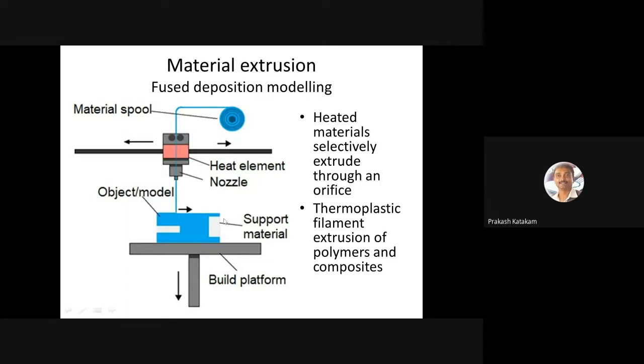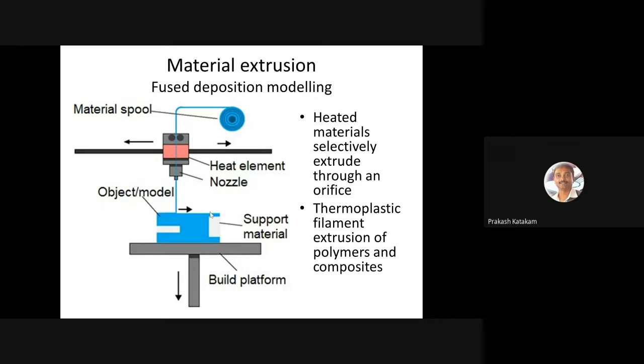The white space seen just beside the blue color on the left side and right side, they will print as support materials. Support material can be the same material or another material. If we use the same material as support material, the infill density will be very less. What does infill density mean? Once you make an object, you can make a solid part. Suppose I want to make a cuboid structure.